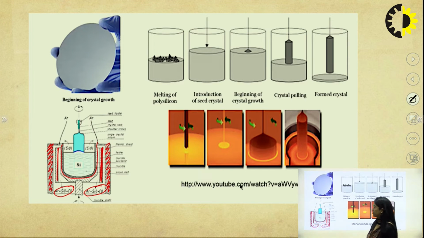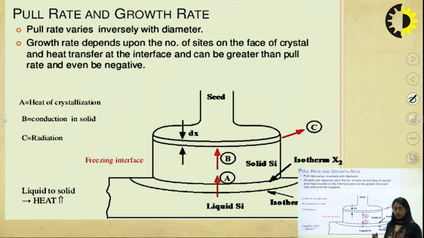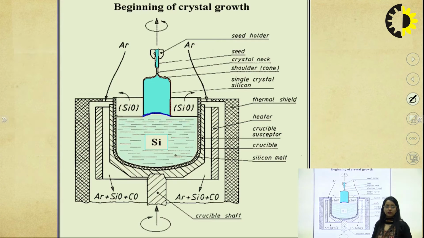As we have seen in the previous slide, we have poured silicon which is available in nature, and due to the effect of temperature, this silicon starts melting. When the silicon starts melting, we have a picture. Here we can see it is silicon here. When we see that the silicon starts melting,